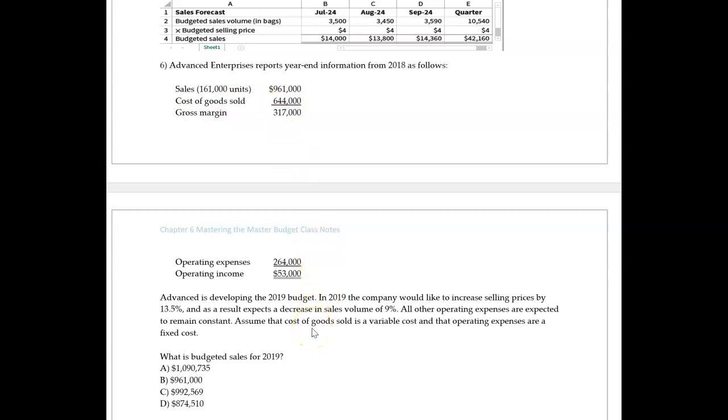And that operating expenses are fixed. Okay, so all your variable costs are here, and that's fixed. Well, that's never going to happen, but we'll pretend. So what is the budgeted sales for 2019? And what we can do, but it asks for budgeted sales, so it'd be sales of 961